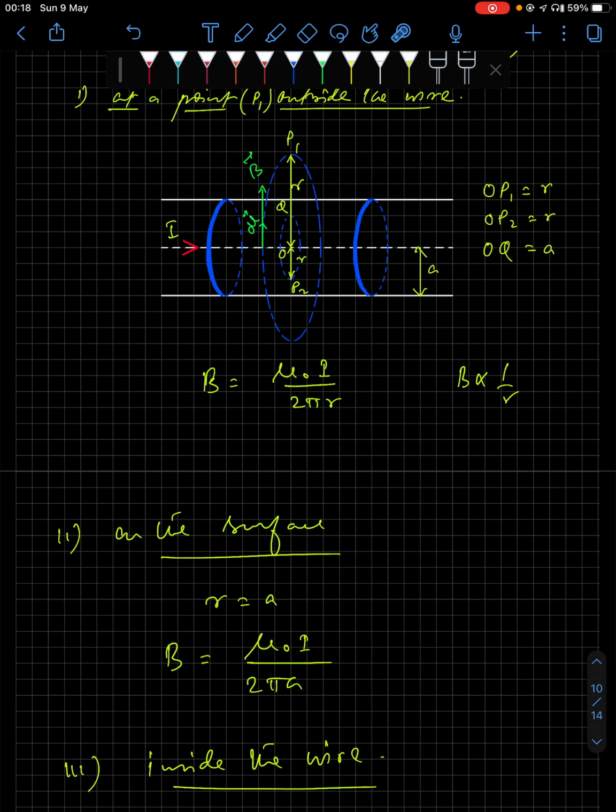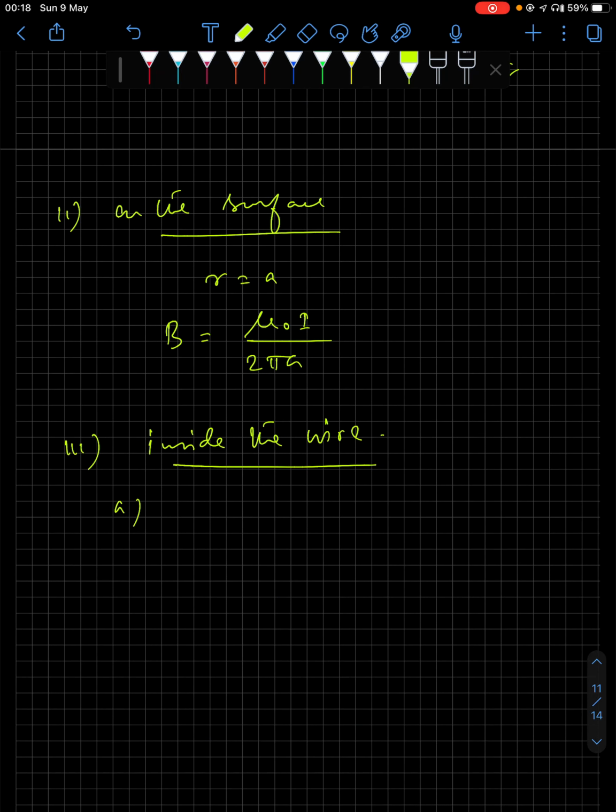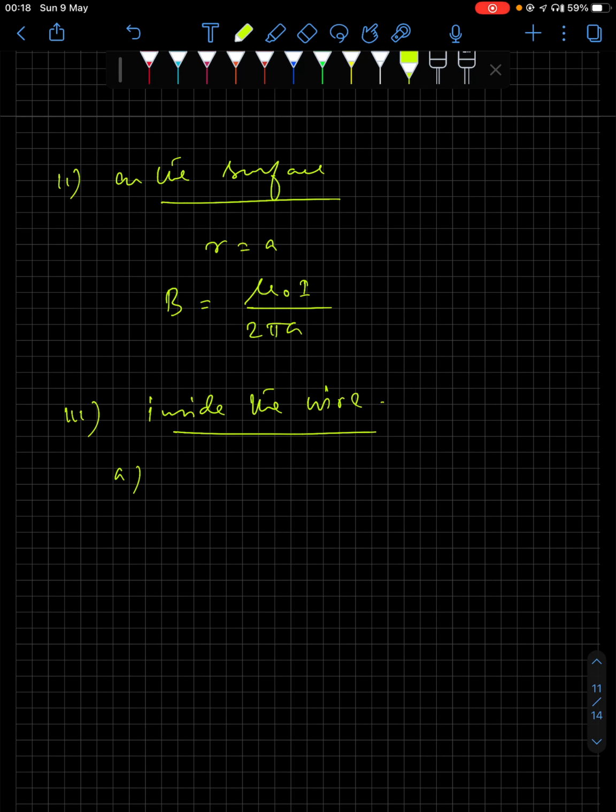If no current is enclosed, then your line integral of B dot dl will be equal to 0 straight, because no current is enclosed in this case. And case B,